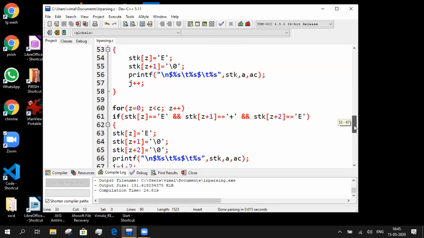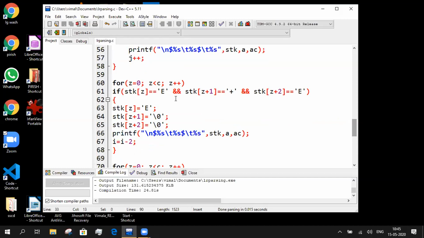What are the other conditions we have? Either ID can be reduced to E, or E plus E can be reduced to E, or E star E can be reduced to E, right? The same code is repeated here. Again, you are running a loop for the stack. If the stack Z position contains E, Z plus 1 is plus and Z plus 2 is E, it means E plus E is available from the bottom of the stack.